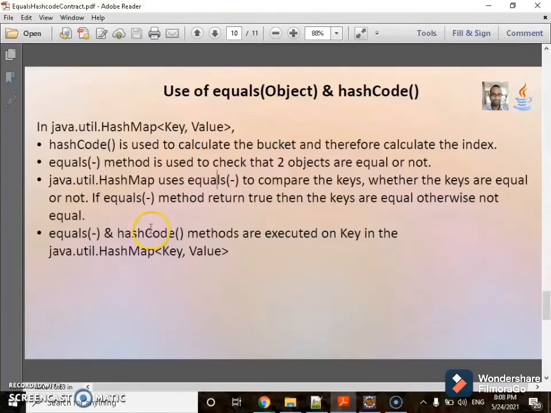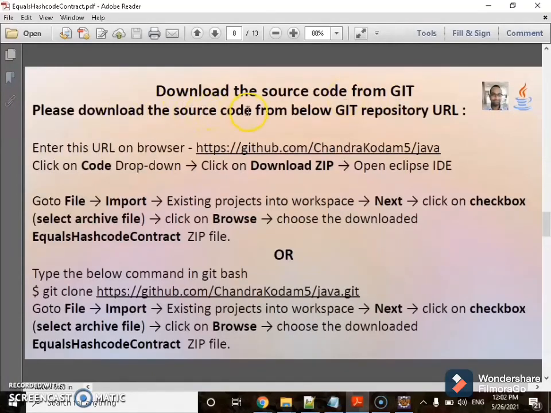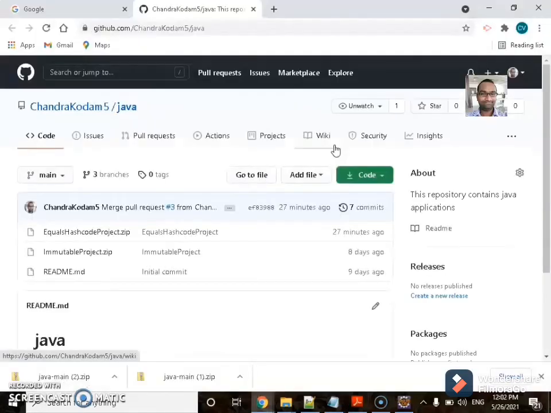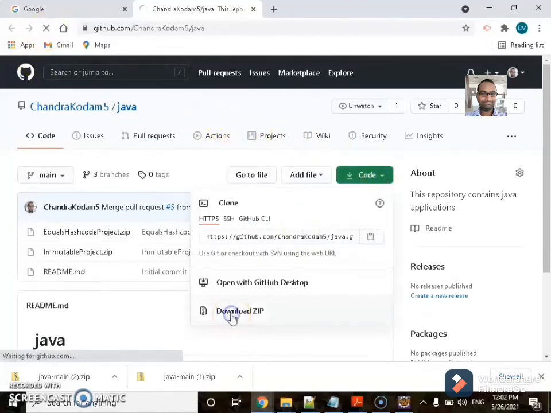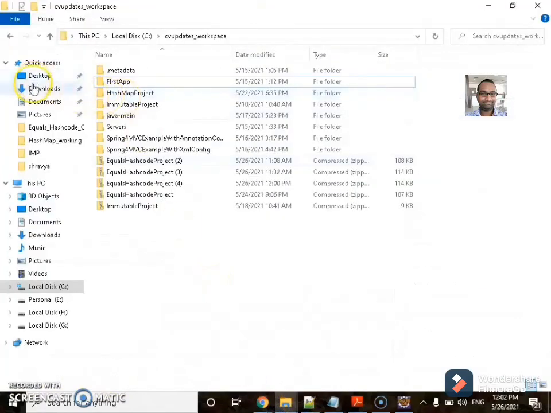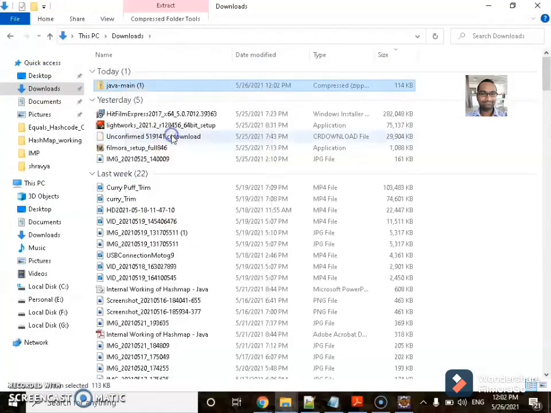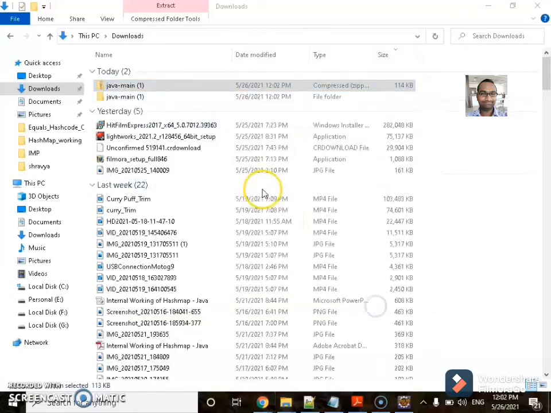Let's see how we can download the code from the GitHub repository. Please download the source code from the below GitHub repository. Click on this URL which is provided in the video description. Click on code, click on download zip. You will see it in the downloads, right click on it, extract all, click on extract.